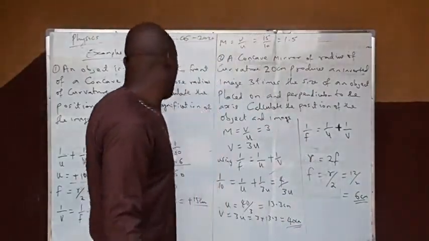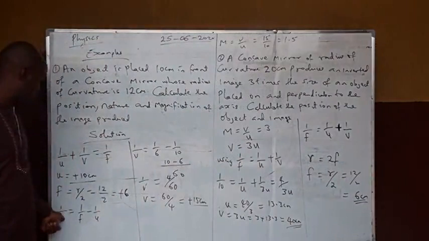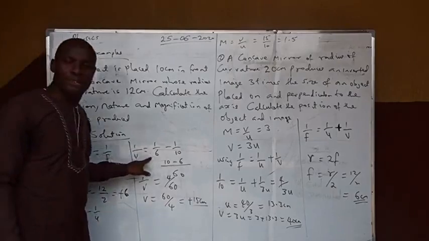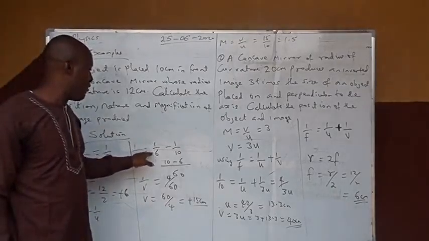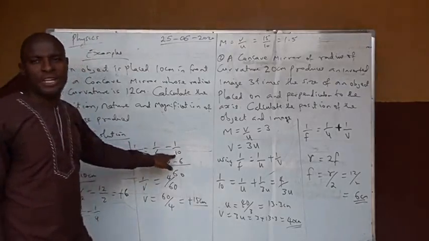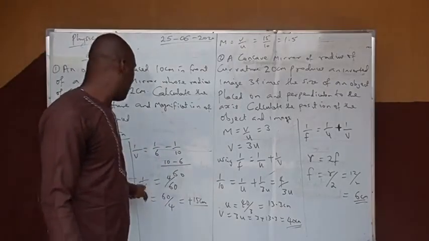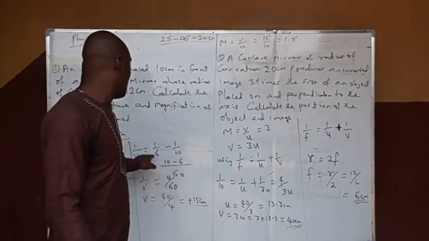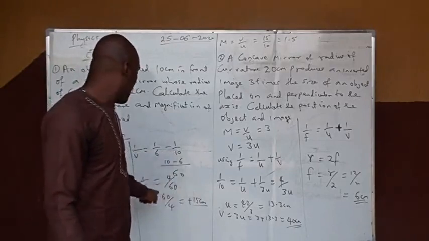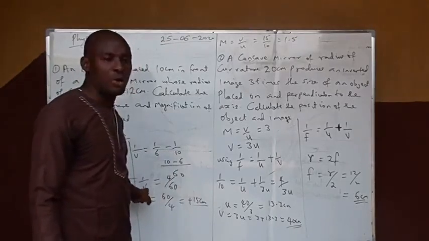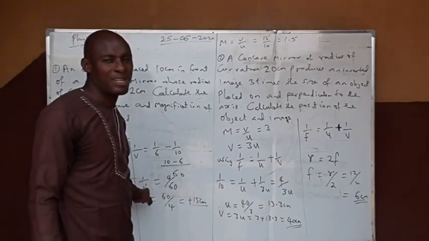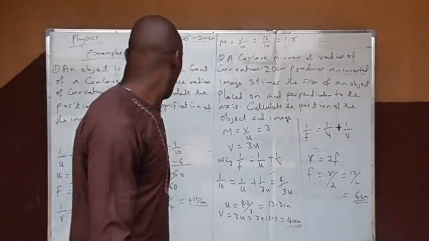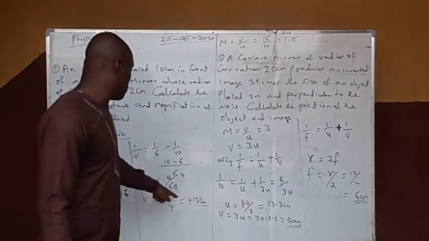So by substituting these values here now, we have the formula 1 over v is equal to 1 over f minus 1 over u. By means of substitution, we have 1 over v is equal to 1 over 6 minus 1 over 10. Solving the fraction now, you can find 1 over v as 4 over 60. Remember how we got this 60? This 60 is the LCM of 6 and 10. Now, by making v the subject of the formula, because we are looking for image distance and not the inverse of image distance, we now have v is equal to 60 over 4, which is 15 centimeter. So, now we have gotten the position of image.